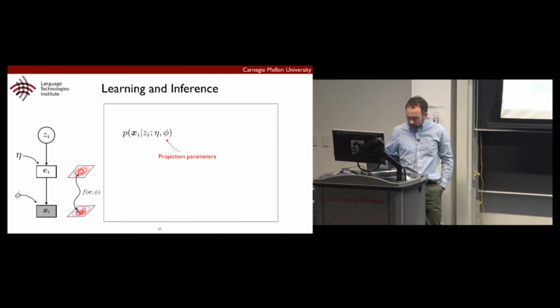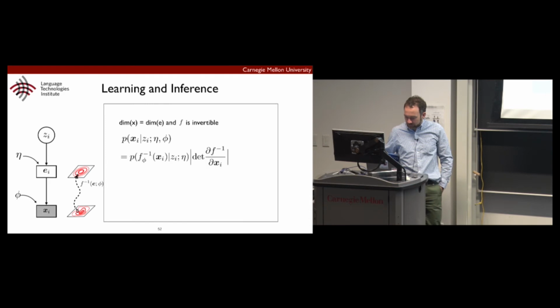And the parameters phi are the projection parameters that take us between e and x, respectively. The dimensions of x and the dimensions of e have to be equal, and f has to be an invertible function. And based on this assumption,